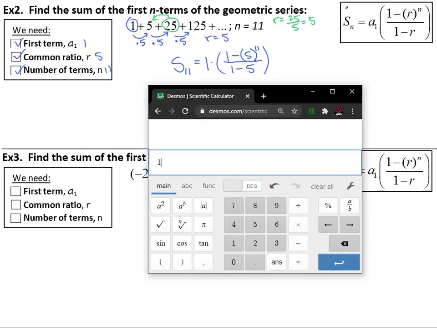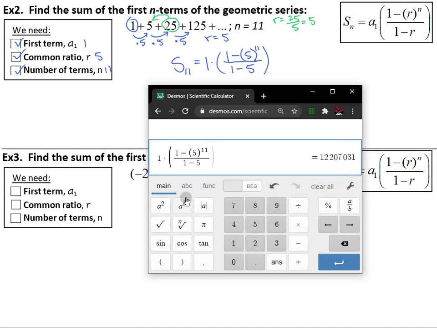Okay, so once again, now the 1 times in front, probably didn't have to put that in this time, but just for good measure, now we'll press our fraction key so we can create this fraction in our parentheses. 1 minus, open parentheses, 5. Either Shift 6 or this button right here is your exponent key. So to the 11th power over, get into the denominator there, 1 minus 5. And look how big this is. Wow. We got into the millions,